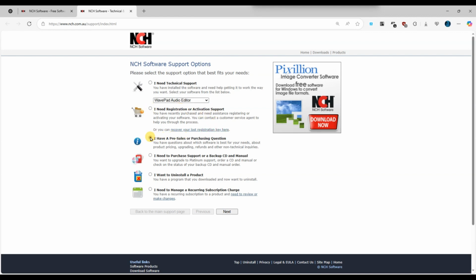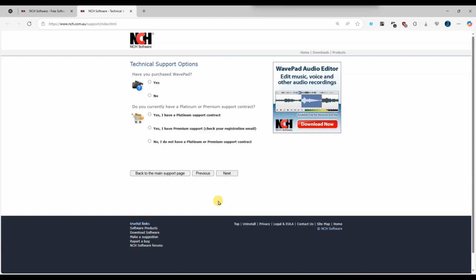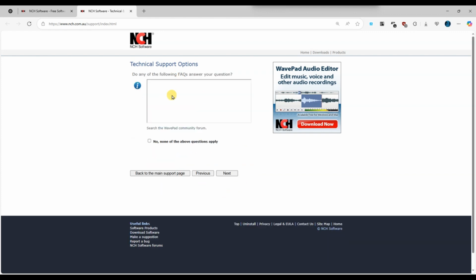For questions about purchasing, pricing, upgrades or refunds, choose I have a pre-sales or purchasing questions. You can also select options like purchasing backup CDs and manuals, uninstalling the software, or managing subscription charges if applicable. After choosing the right option, you will be guided to submit your request or find helpful resources like facts and